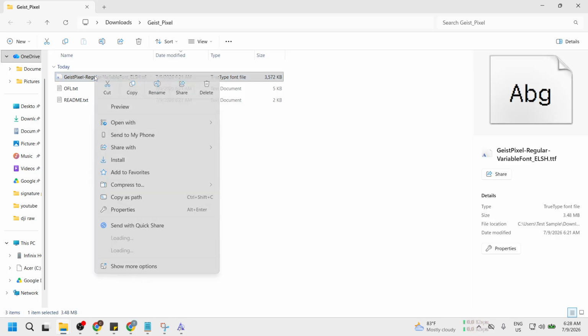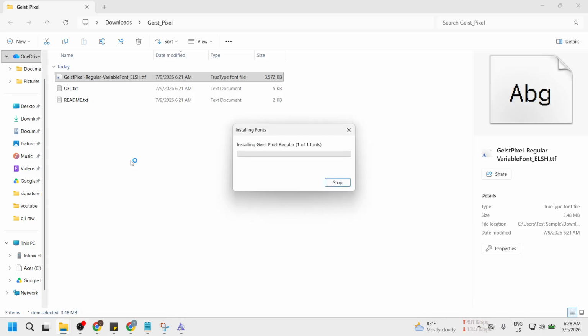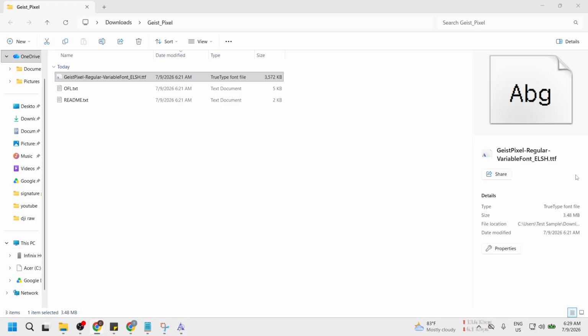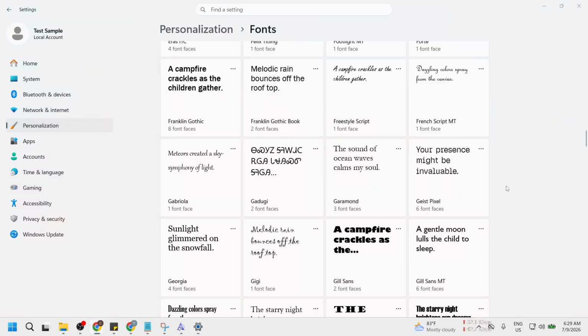Next, click Install to add it to your personal profile. This action will begin the installation process, and within moments, the font will be integrated into your system. You may see a brief notification indicating that the font has been successfully added. This step is vital because it ensures that the font will be available for use in your applications such as word processors or graphic design software. Once you click Install, rest assured that your new font is being set up for use.